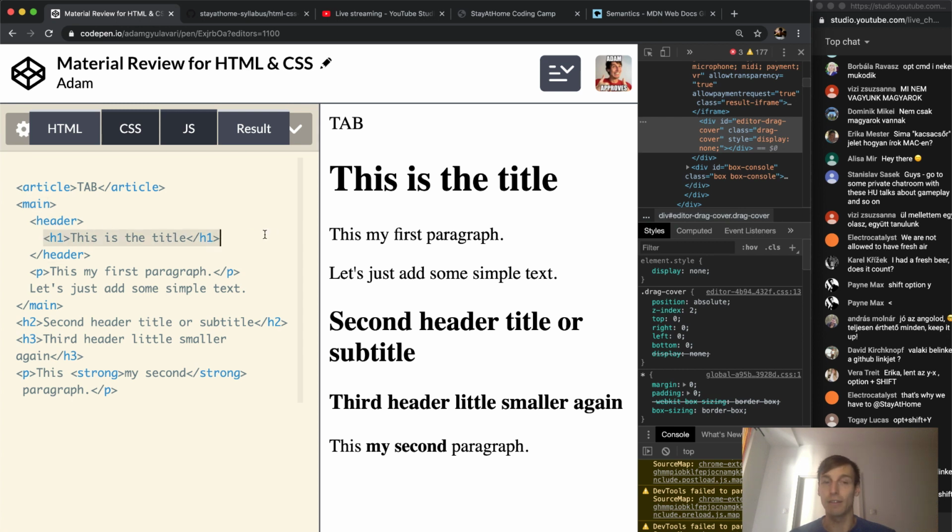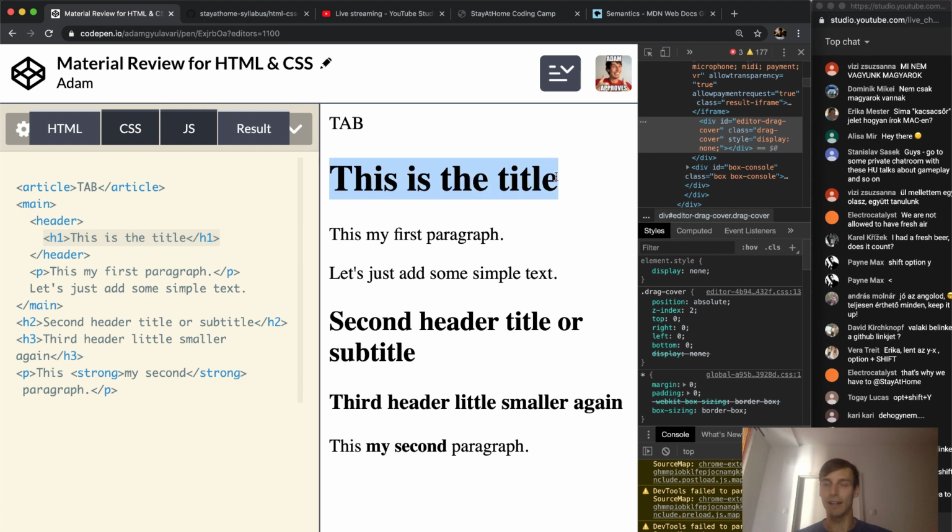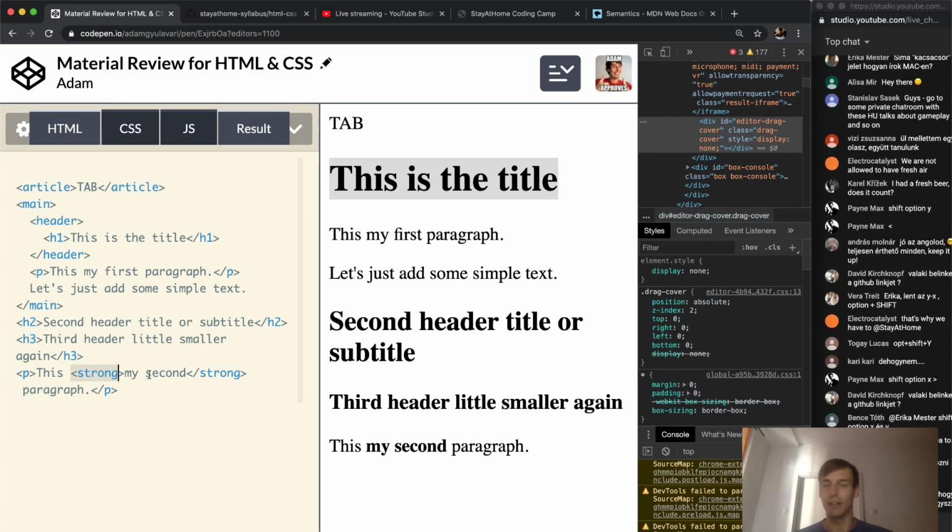Some elements that are actually going to do something, like highlight this text as a title, and some other elements that are inline elements that can be put into the text without breaking it and without making up the whole line. So these are the things that we already talked about,